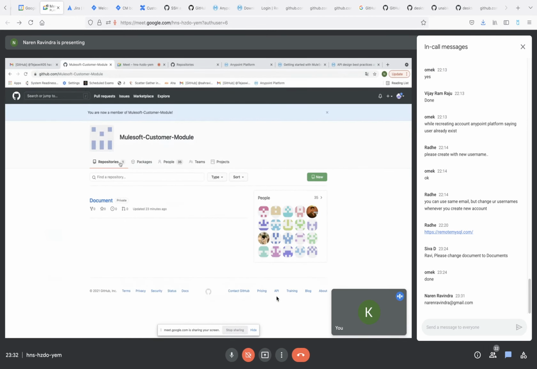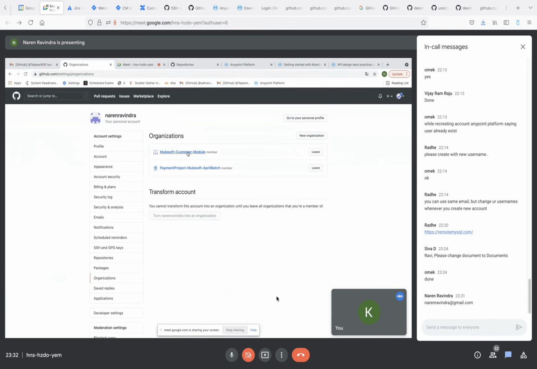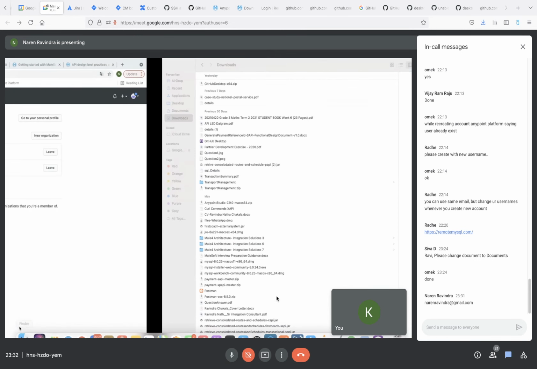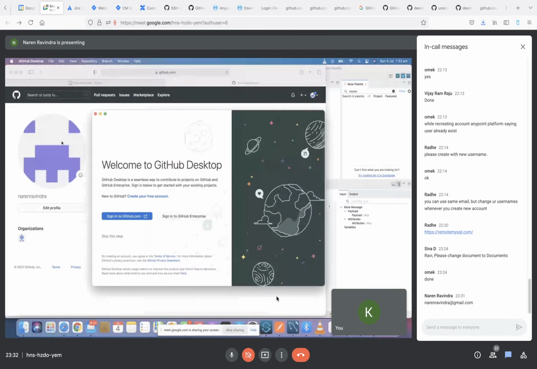Yeah, now you have access to this. Okay, now go to your Git Desktop. Yes, correct.